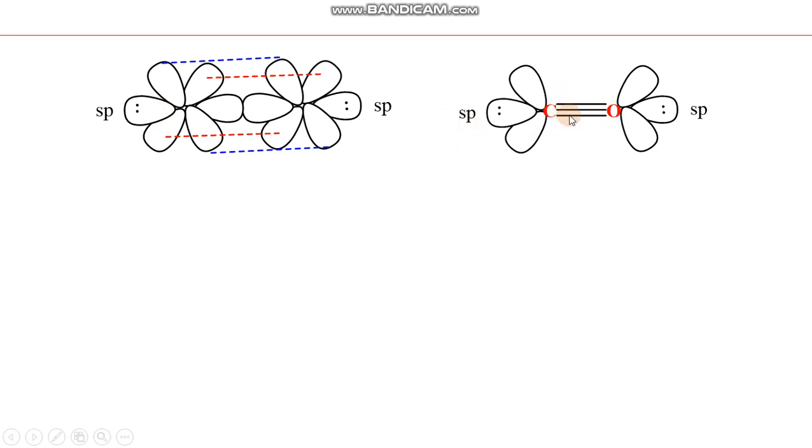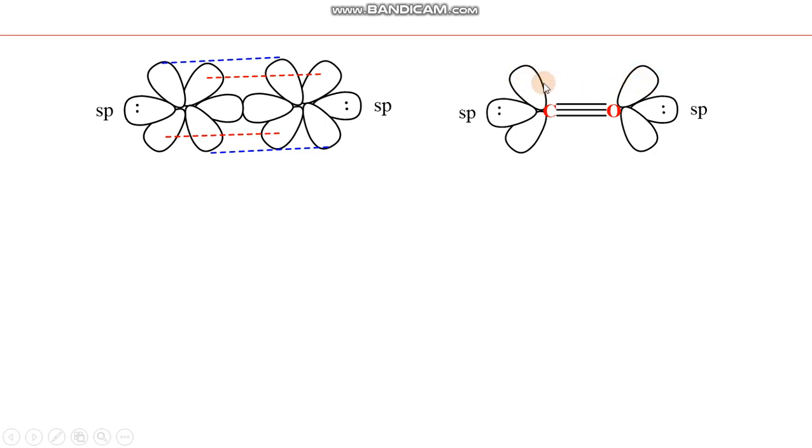This is another sort of representation of bonding, where now we have represented these orbitals or overlapped orbitals by these lines which normally we represent in text. So the bond between carbon and oxygen is triple, and these are actually the anti-bonding molecular orbitals. So bonding molecular orbitals and anti-bonding molecular orbitals, and the difference between bonding and anti-bonding molecular orbital is that their orientation is in opposite direction with respect to each other.